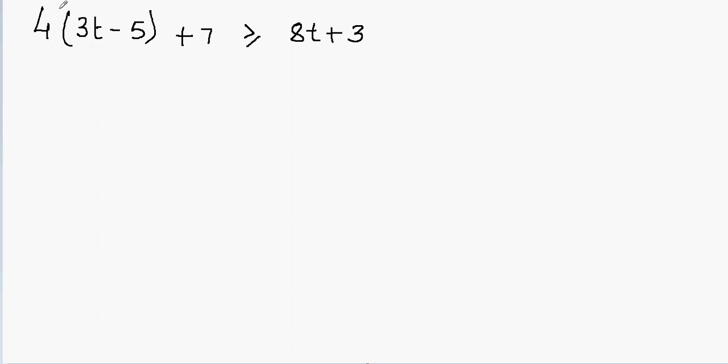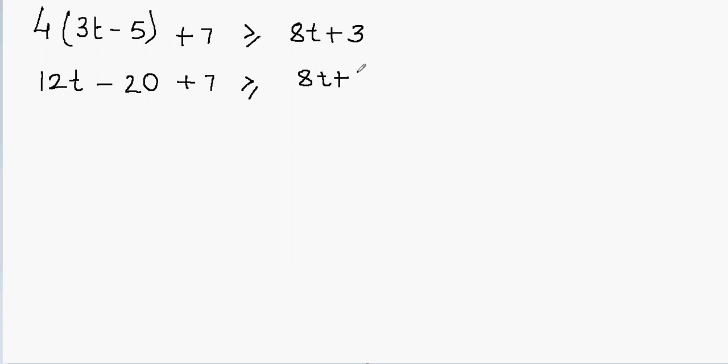So I'll distribute 4 inside the parentheses. I'll multiply 4 with 3t first and then with negative 5. So 4 times 3t will give me 12t, and then I have the negative sign. 4 times 5 will give me 20. Then I have plus 7 is greater than or equal to